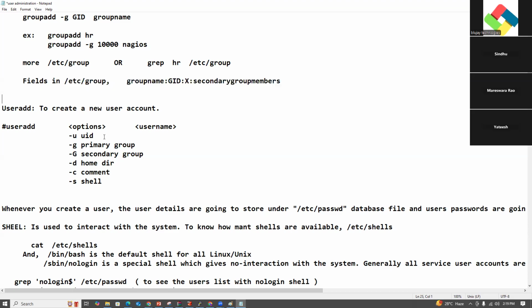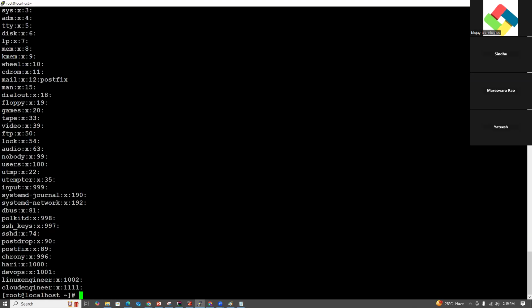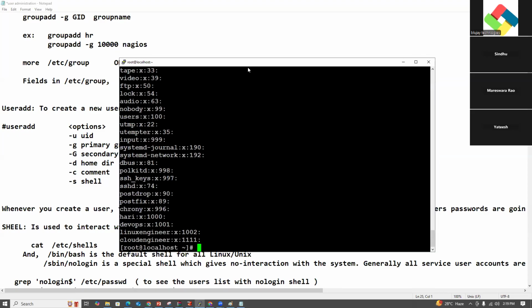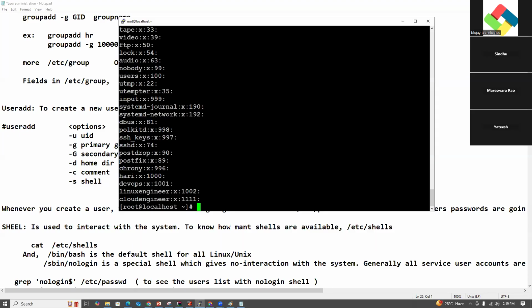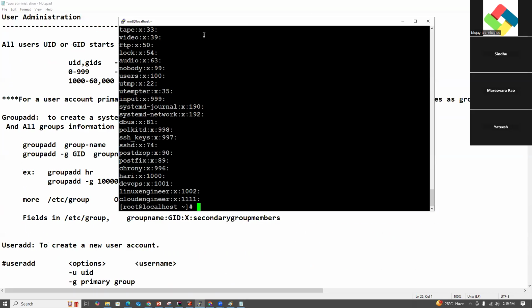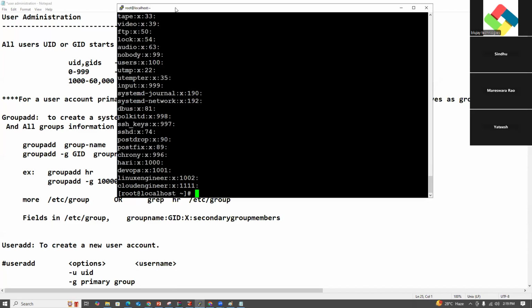So what are the fields in /etc/group? The first field is the group name. What is the group name, guys? Cloud engineer, Linux engineer, DevOps.